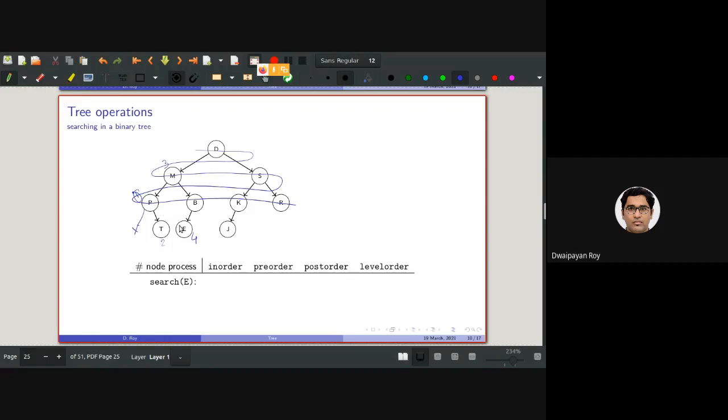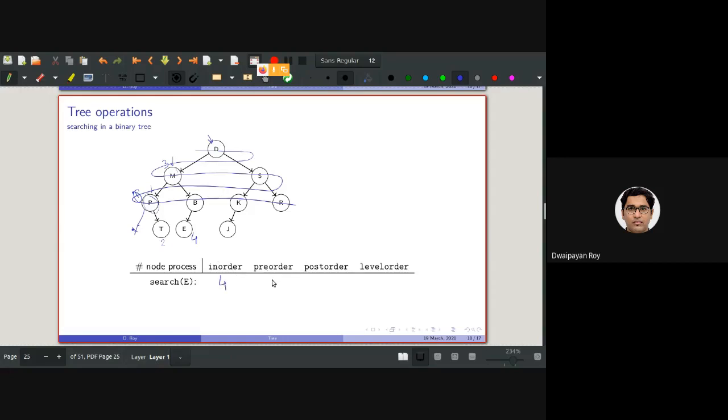So the order is left, root, right. This will be processed only if the left subtree has completed processing. So the root will be coming here, here, and here. As it is null, the left subtree is already processed, so the root will be processed. This will be the first node to be processed. Then for this tree, left is processed, then the root: 1, 2, 3. And then for this tree, the left will be processed first, 4. So 4 comparisons should have been done.